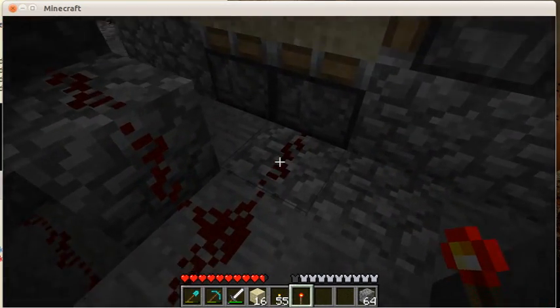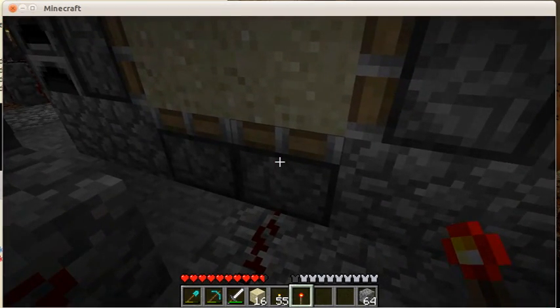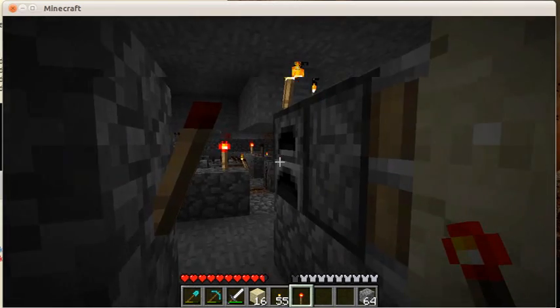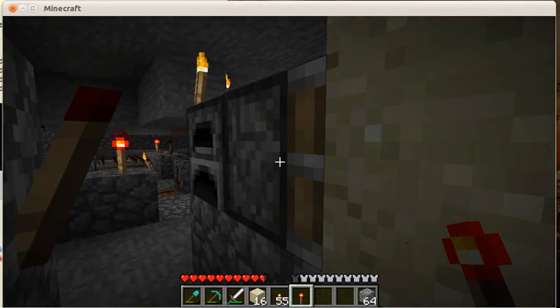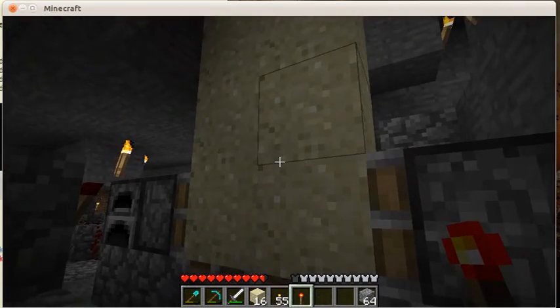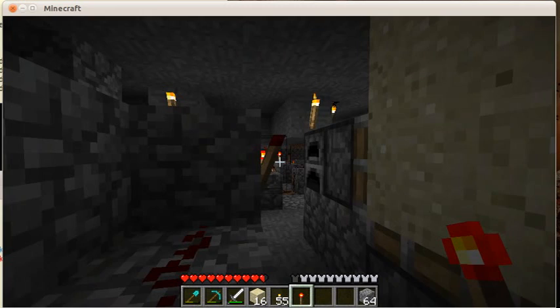The way this is wired up, you have a single wire coming into the bottom piston. You have another one coming in over here that is knotted, and then the knot input goes into the horizontal. And so what happens is when power is given to this, the bottom piston lifts up, the side one retracts